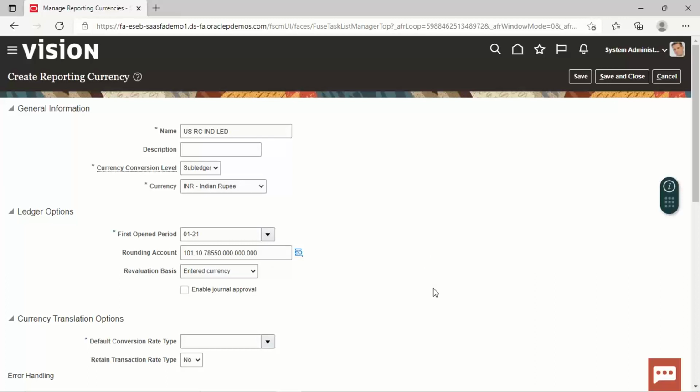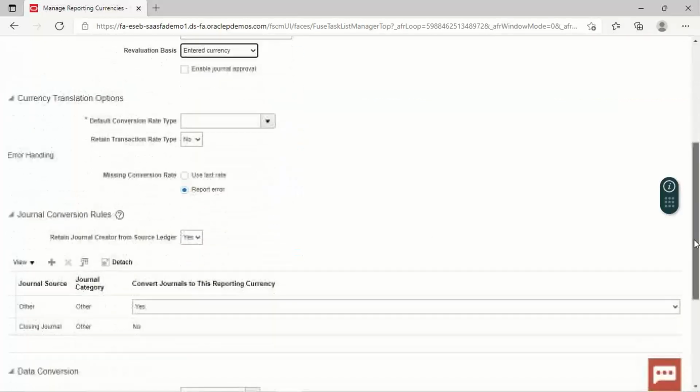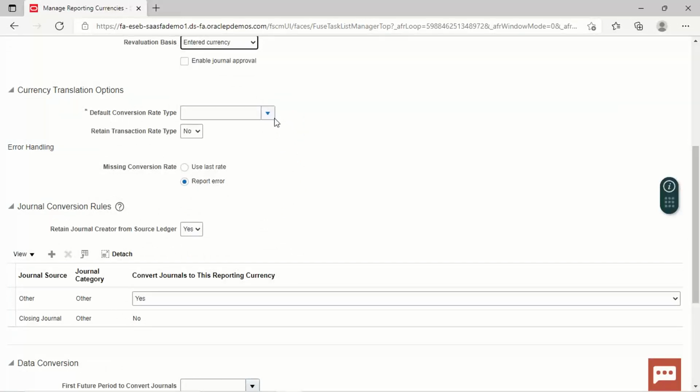Revaluation in our ledger and the reporting currency book are necessary to satisfy the accounting regulations of the country in which our organization operates. We can also enable the journal approval from here. Then we have to specify the default conversion rate type. So I'll select corporate over here.